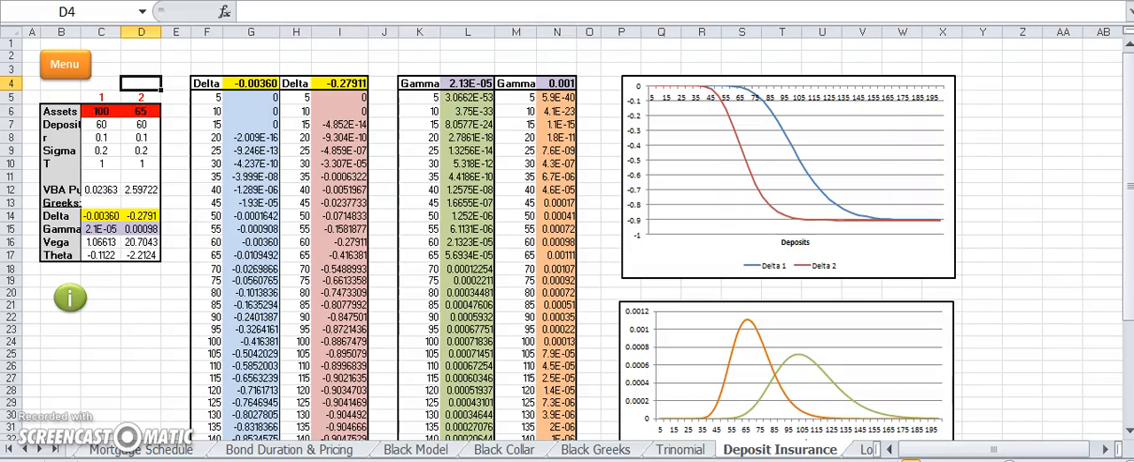Okay, so in this part of the CA we'll be looking at deposit insurance. And the question relating to this is set out how the Greeks may be used to understand credit risk faced by the government who offer guarantees to the banking system. Okay, so in this we use the Black model, but instead of using the strike price and exercise price, we